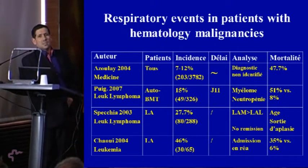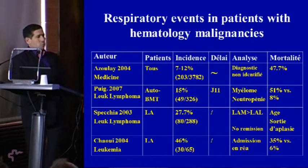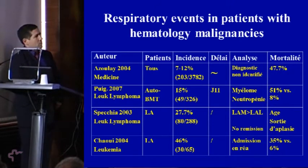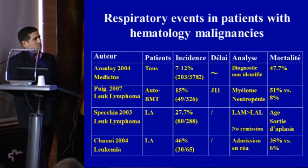Something that is interesting is to understand better why it is a problem. And I like very much this paper from Puig, published in Leukemia and Lymphoma about 5 years ago, and it's on patients receiving autologous bone marrow transplantation. And you can see that the incidence of respiratory events is 15%. It comes in general 11 days after the transplant, and it is interesting to understand that it's at the time of neutropenia recovery. And 2 risk factors are independent, and myeloma patients and patients with neutropenia are at a very